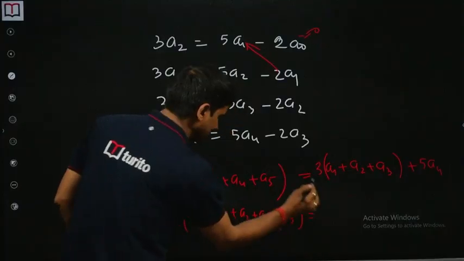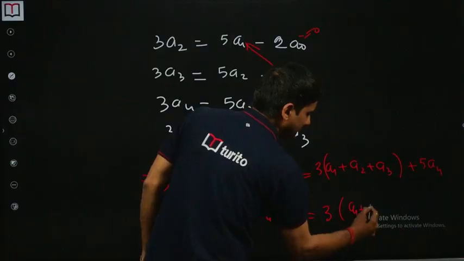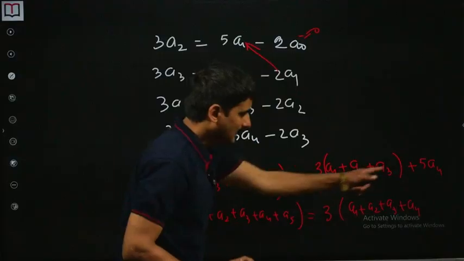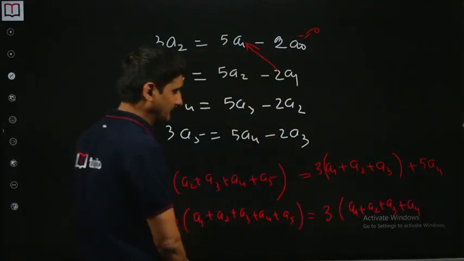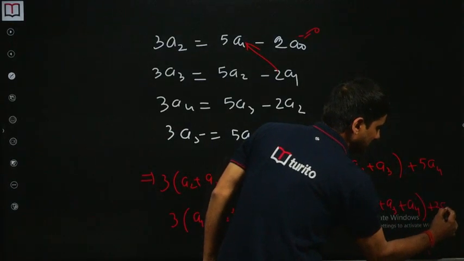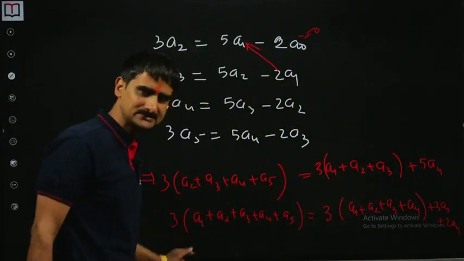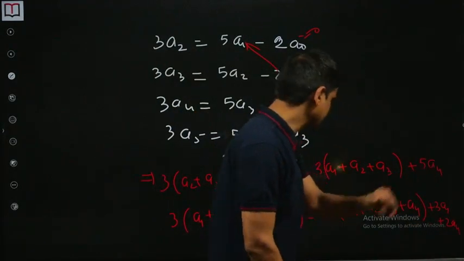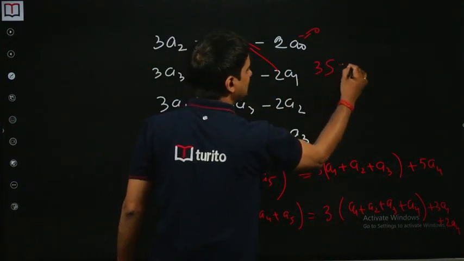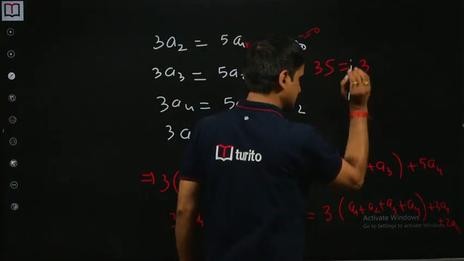That's what we need. Okay, which is 3 times a1 plus a2 plus a3 plus a4. I am taking out 2a4 from here, and then this is plus 3a1 plus 2a4, and 3a1 because we added this side, and then 2a4 which we are left with here. So this is 3 times s. That's what we need, 3 times s,